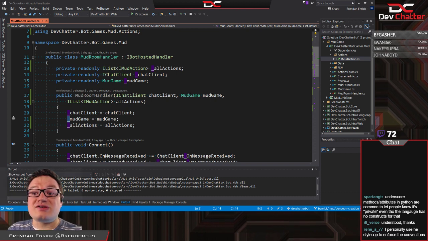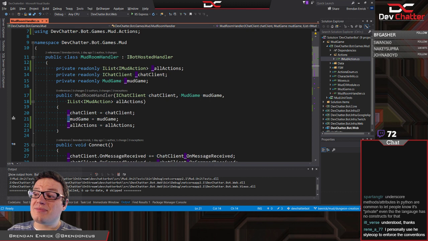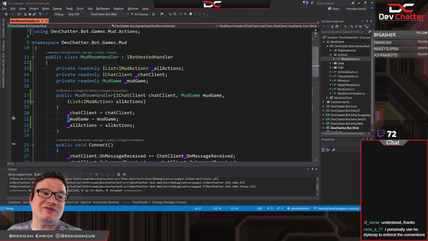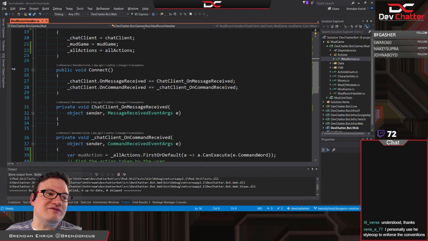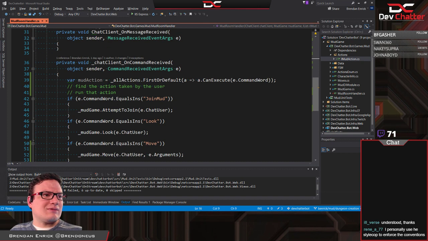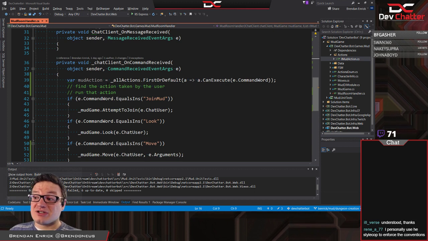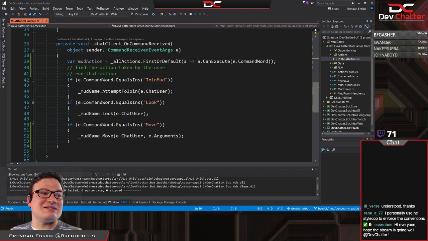And there you go. Yeah, so as mentioned there in chat, you can use StyleCop and other things like that to enforce conventions if you do want to make sure that they're followed. Okay, so hopefully that explanation gets you covered for how we want to get these working.